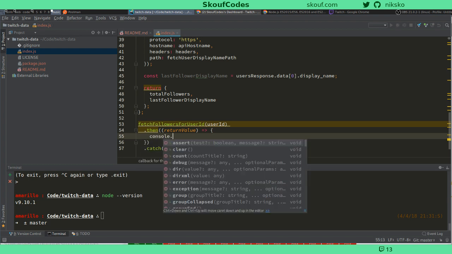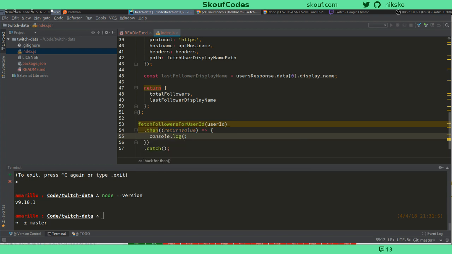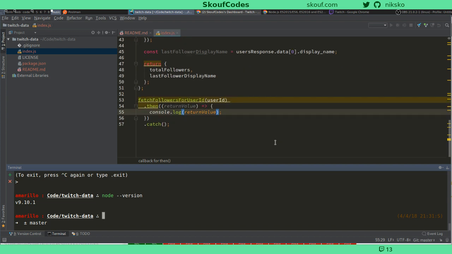And I'm just going to, right, so here what I'm doing is I'm calling the function we've just written, and I'm going to console.log our return value to see if it's actually working. And I'm going to need to inject,